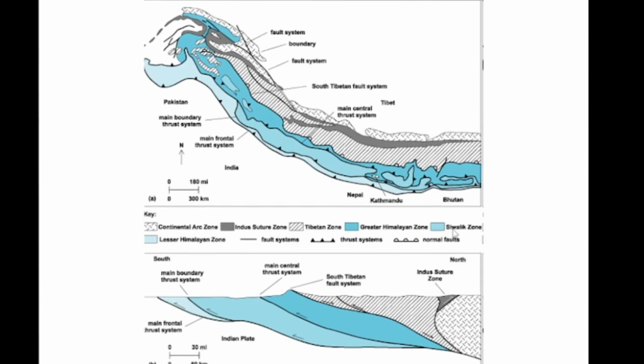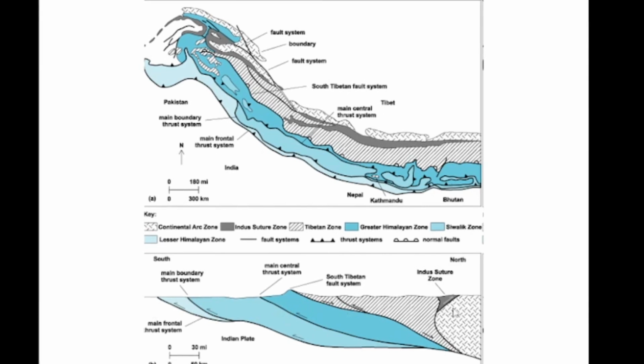From this view, we have to cover this particular line in the north, from north to south in Pakistan. We have to cover the continental arc zone. Then we have the Indus-Suture zone, Tethyan zone, Greater Himalaya, Siwaliks, and Lesser Himalaya. Some of the most important fault systems are related, and these are the thrust faults and normal faults. And particularly, this was the cross-section view from the very south to the north, and when we go